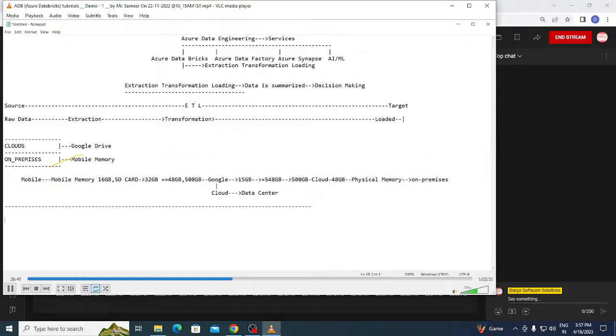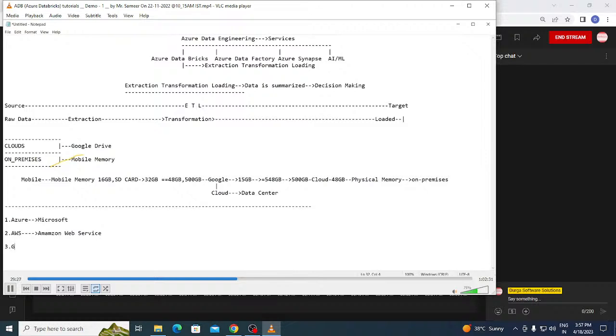The following are the cloud providers we have. The first one is Azure. Azure is a cloud provider from Microsoft. Microsoft is marketing its cloud product with the name Azure. The next provider is Amazon, or we can say AWS. AWS is from Amazon Web Services. And the third one?